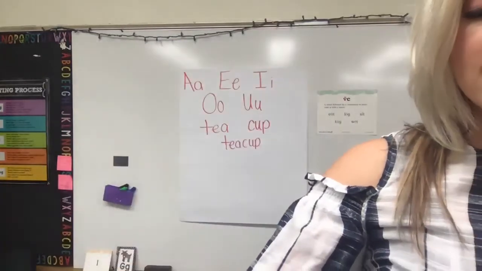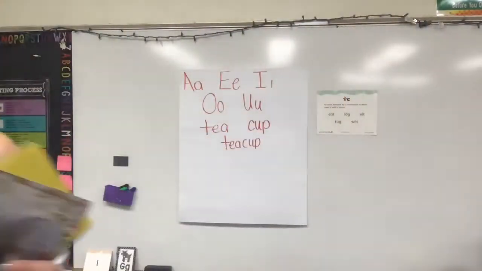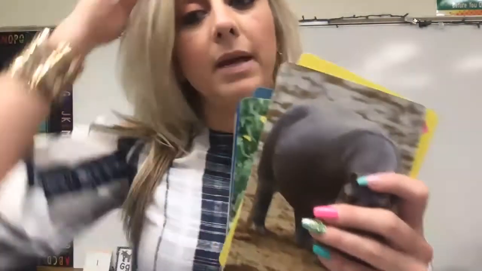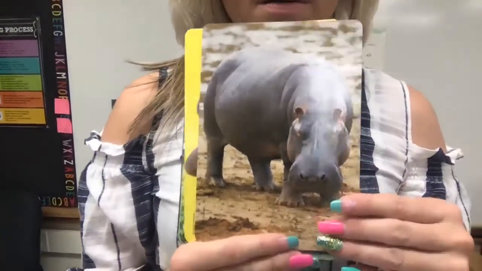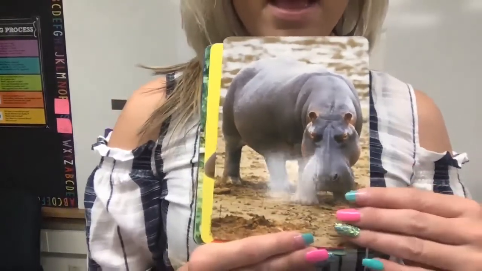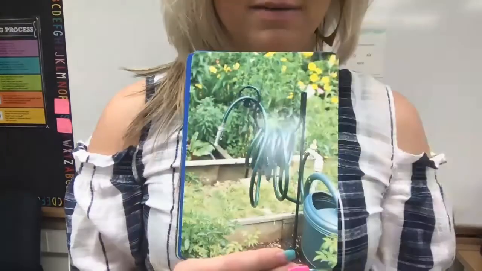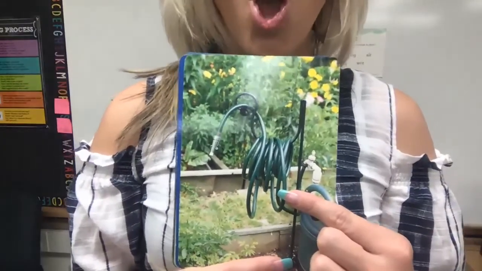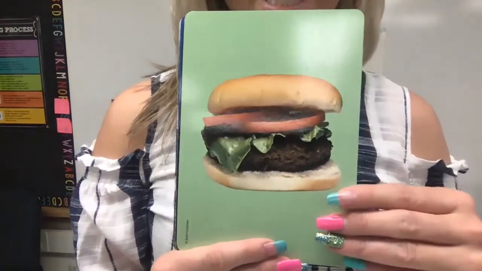Some of the other things that are gonna have this same beginning or initial sound are, but not limited to, what is this? A hippo. Hippo is short for hippopotamus. Hippopotamus. Notice what it's pointing to. It's pointing to her hat. This is a hose, a water hose. Helicopter, helicopter. Hamburger,